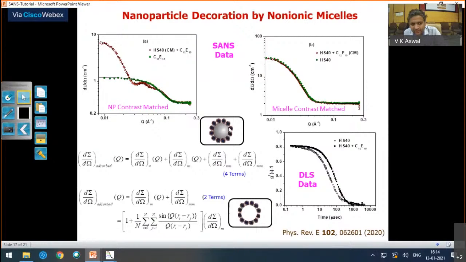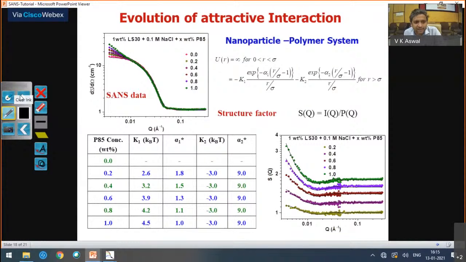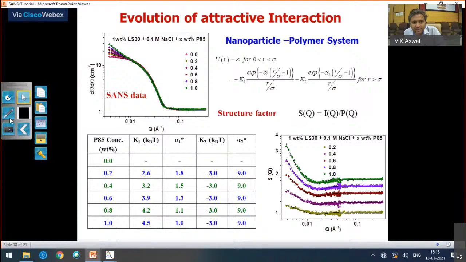If you imagine this sort of system here, there will be many scattering terms. One is from this particle, and another from the individual interaction. For this modeling, I wrote a small program myself. So that option is also available, based on least square fitting methods. With this example I just want to show you the evolution of the